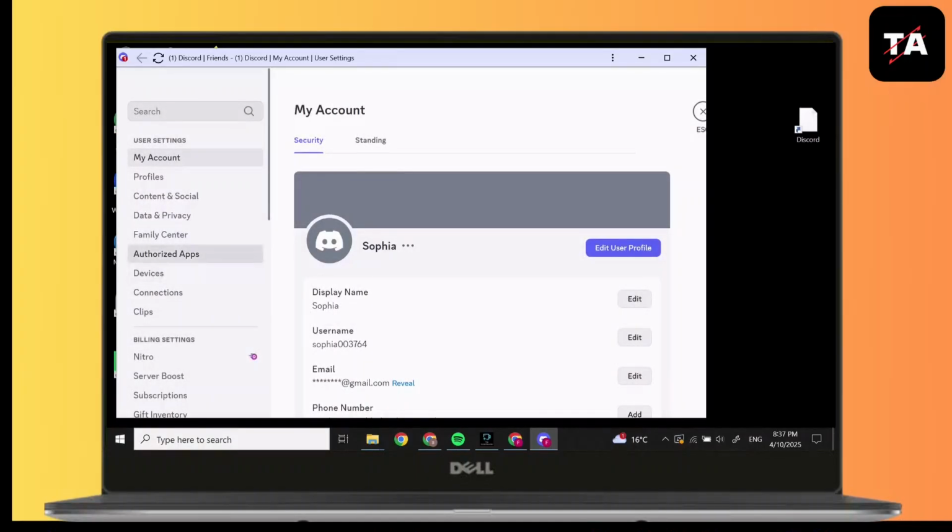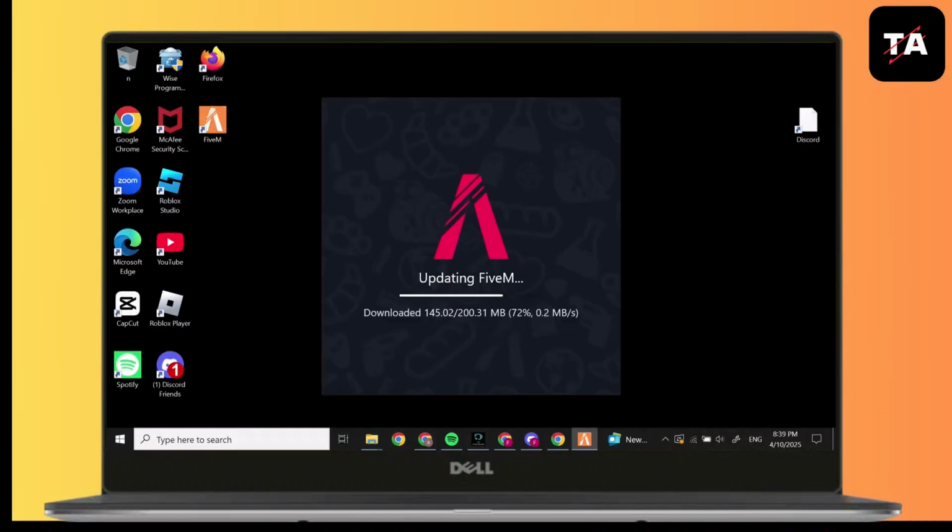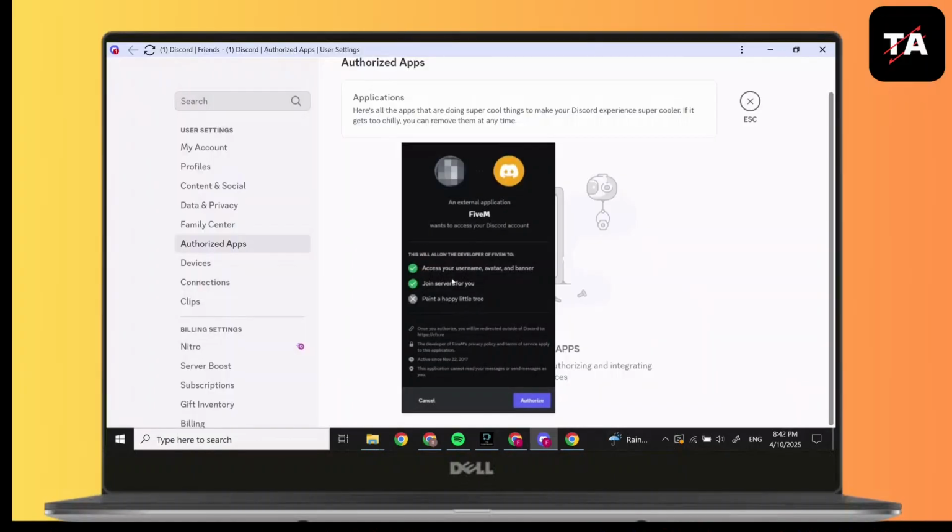On the left side, click on Authorized Apps. As you can see, there is no authorized apps. So simply what you can do is open FiveM. After you have set up FiveM, it will directly launch to Discord and you will find this kind of screen